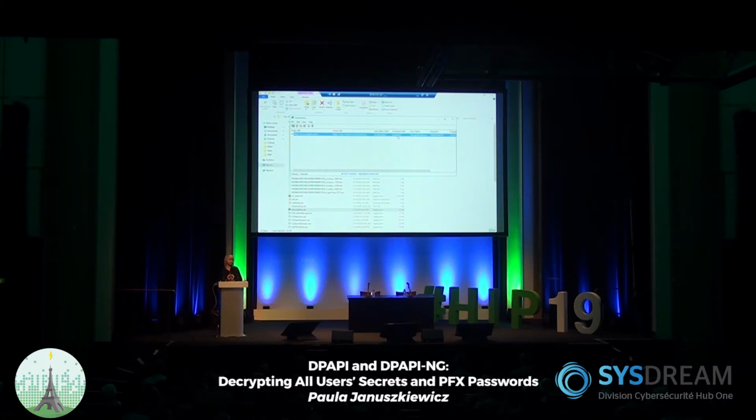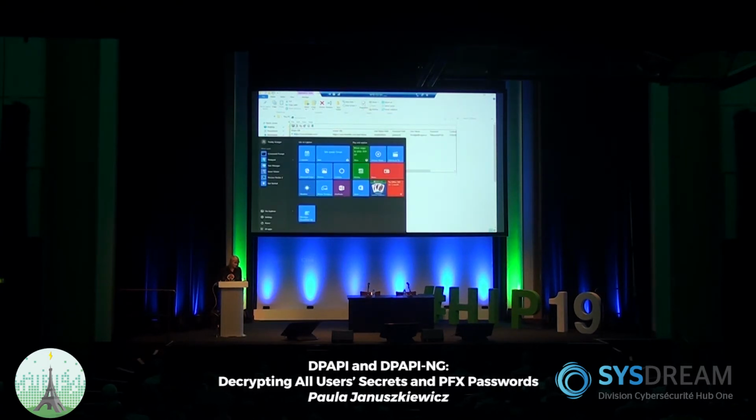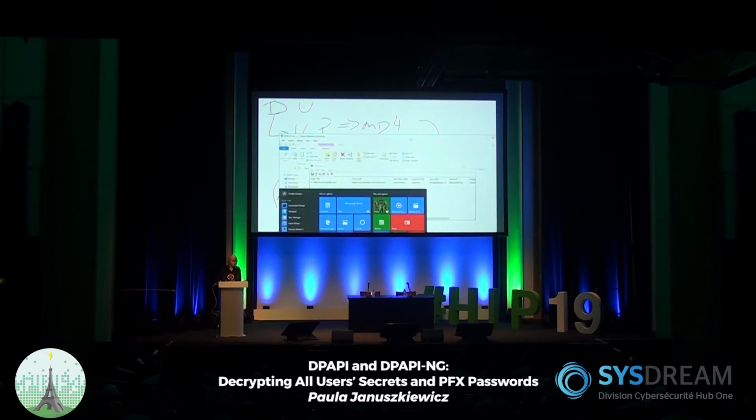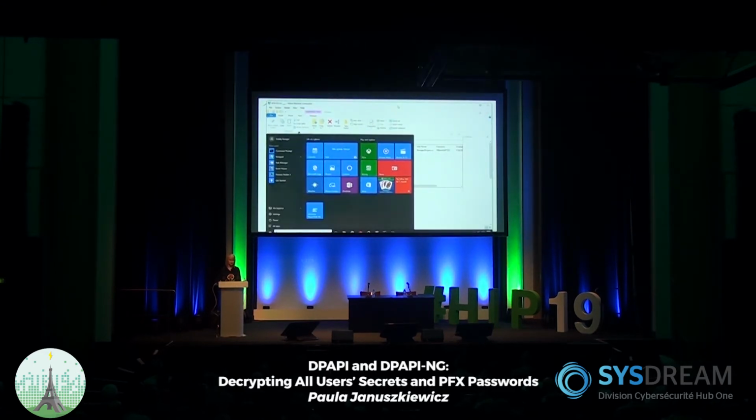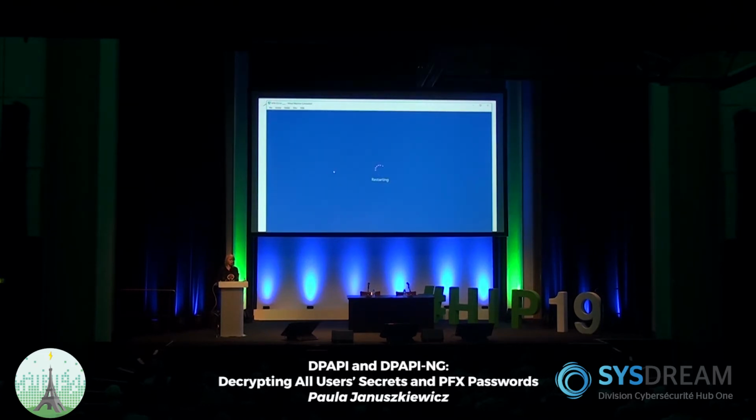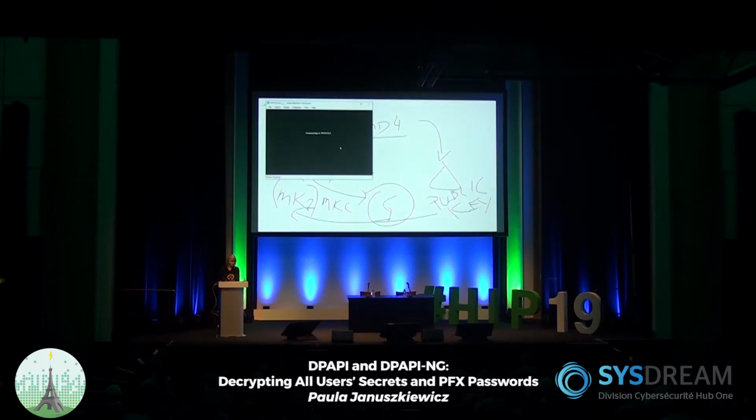So what I would like to show you today is how to get this private key of the domain and how you are able to decrypt every single secret of everybody that moves within your organization. So let's do it. With this positive accent, we're gonna reboot this machine with one simple reason, because I would like to show you, indeed, in this scenario, that our secrets depend on our hash.